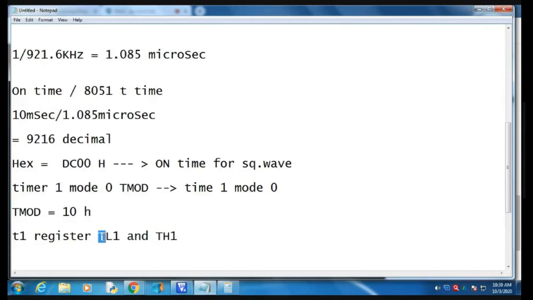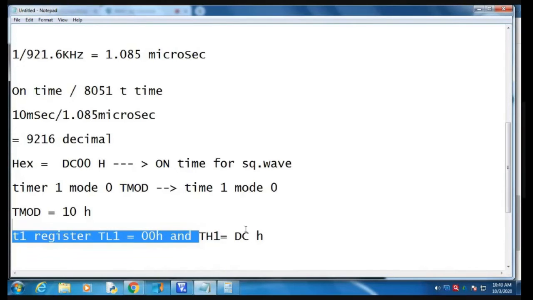Why are these two required? Because we have to store this value. Here DC is stored into the TH1 and 00 is stored into the TL1. Do you understand this part?